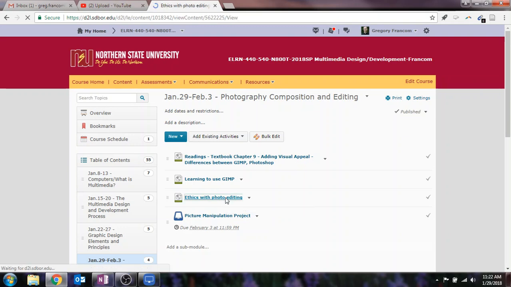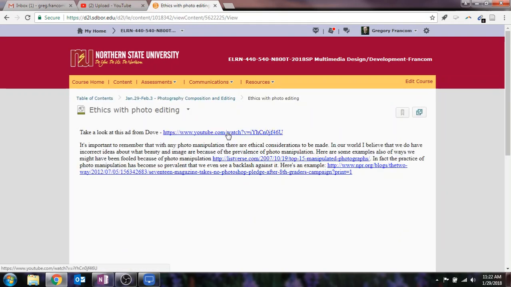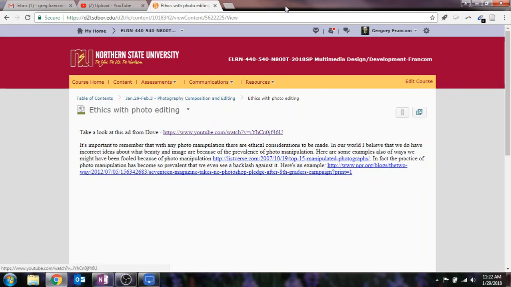Then you'll get to watch a little bit about ethics with photo editing. I think this is important too, to think about ethically what our responsibility is, if we're able to manipulate photographs. And I think it's important to remember that there are ethical considerations to be made there, especially we've done a lot with manipulating the way people look, for instance,